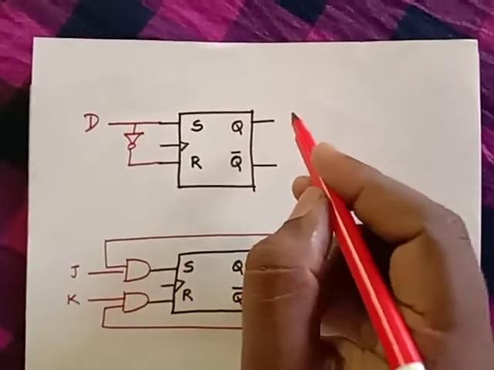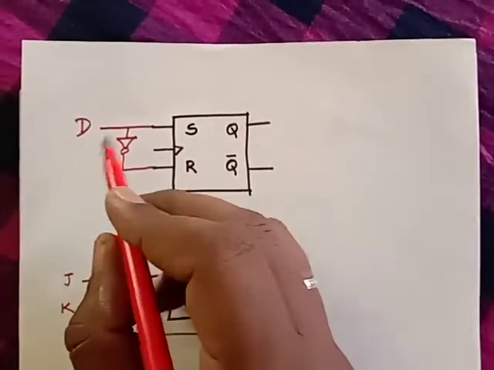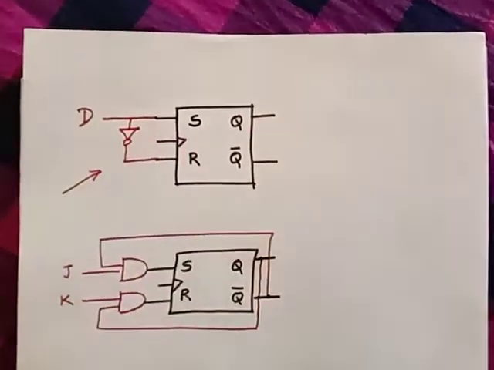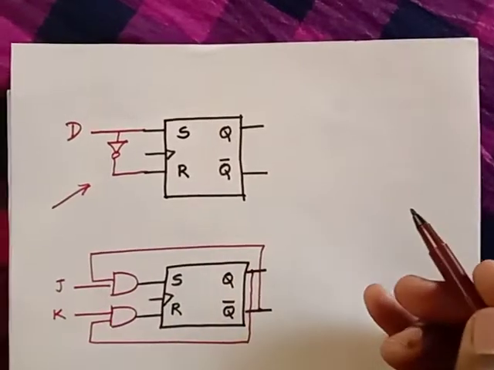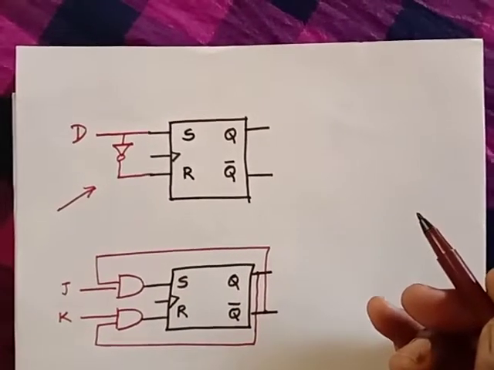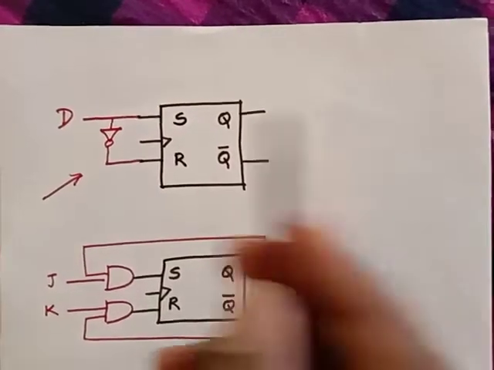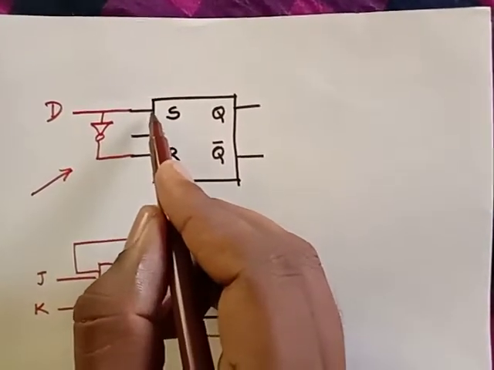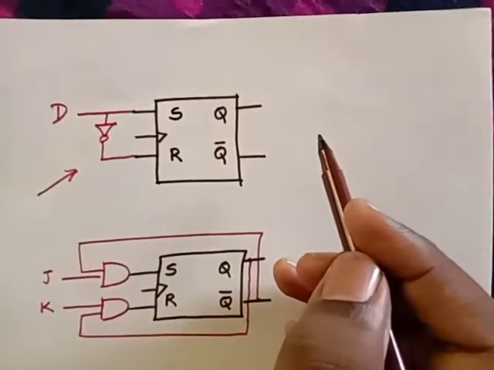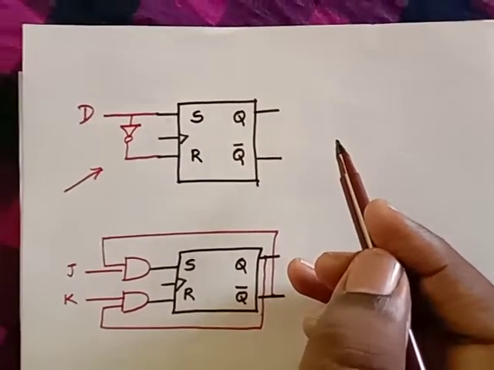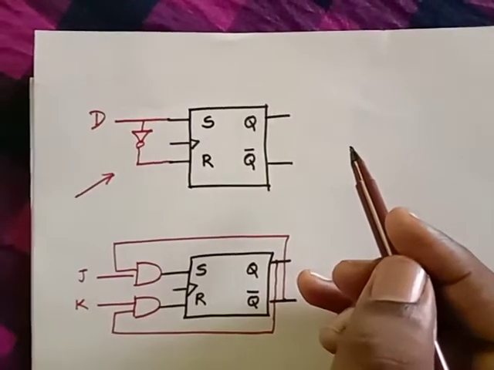So we have been discussing all the flip flop arrangements like this, but I didn't tell you on what basis I did this, correct? I was just telling you that when you do this it is called D and when you do this it is called JK. But as I usually tell in the class, there is a logic for everything. So we have a logic for connecting these two inputs like this to make this into a D flip flop. We have a set of algorithm to be followed to convert one flip flop to another flip flop, and that is what we are going to see in this session.